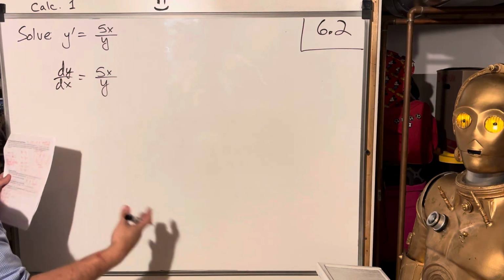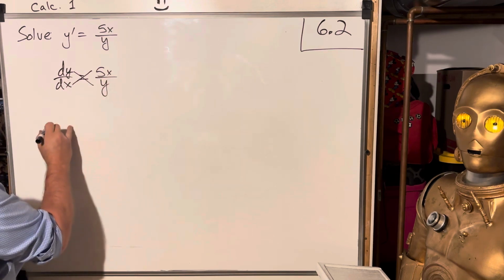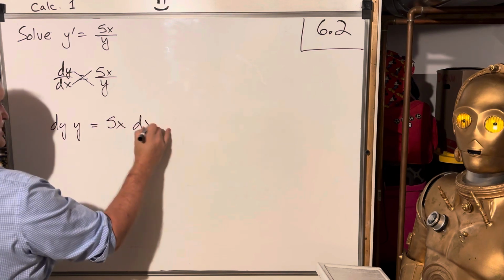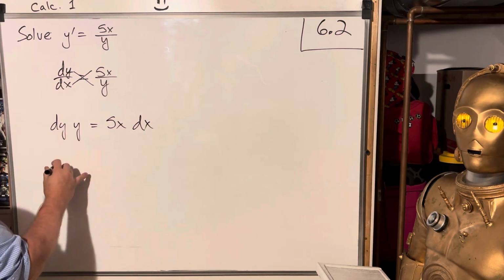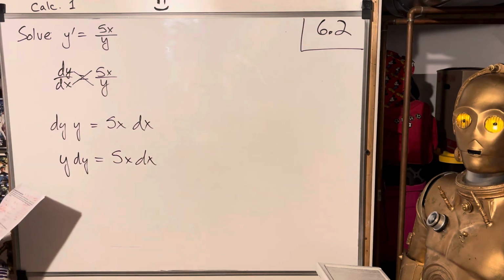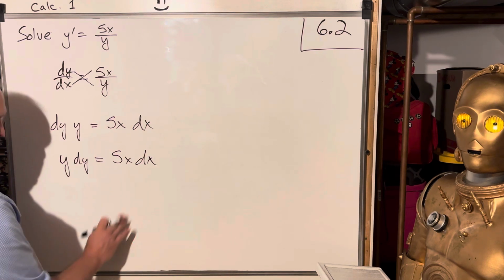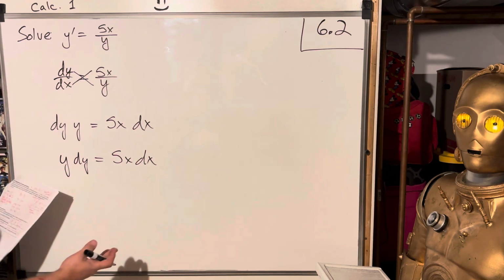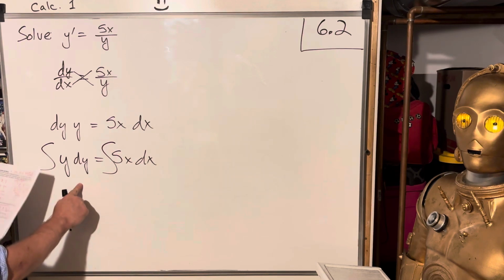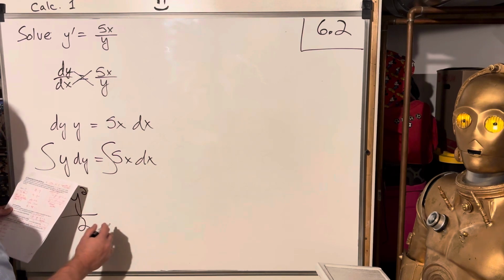So we could, oh heck, go way back to algebra and cross multiply. Remember cross multiply? So dy times y equals 5x dx. And then just rearrange that. So it's y dy equals 5x dx. And now you've got all the y stuff here and all the x stuff there. And now when you do the integration, this is all y. So that's y squared over 2 plus c1